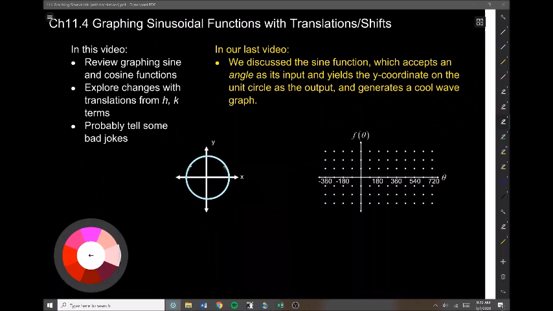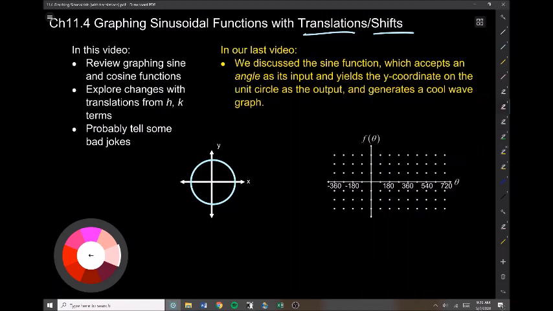Here is Chapter 11.4. We are going to translate and shift around sine and cosine functions. Remember in our last video we just discussed sine and cosine functions in general. I'm going to really briefly just graph a sine function again to refresh our memory. The sine function is measuring how high up the y-axis a point is as an angle theta in standard form